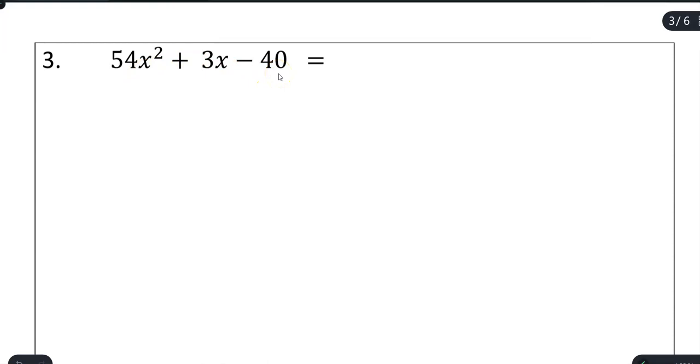trinomials. Okay, so there are a few ways to factor these trinomials. You can treat it as a quadratic equation, and then you can solve the unknown, and then you have to apply some the application of